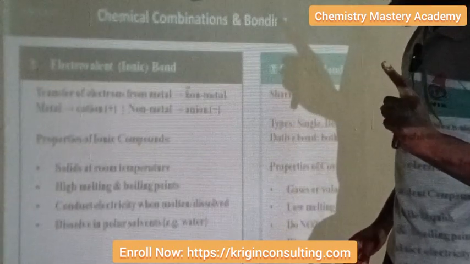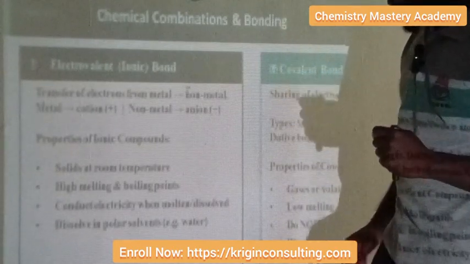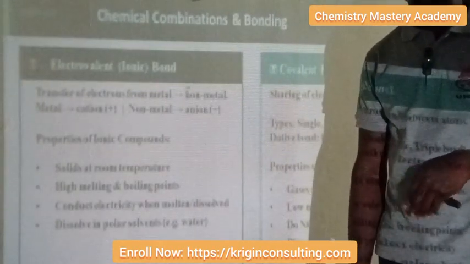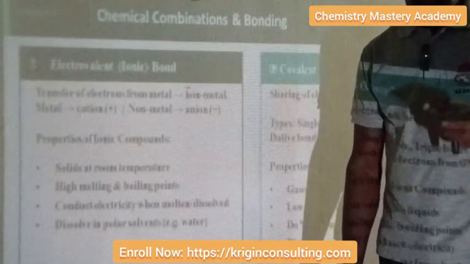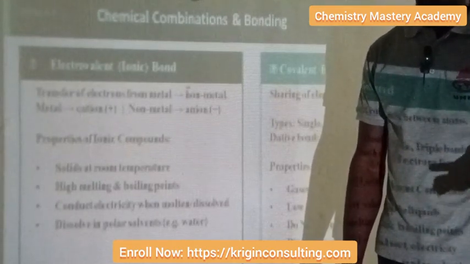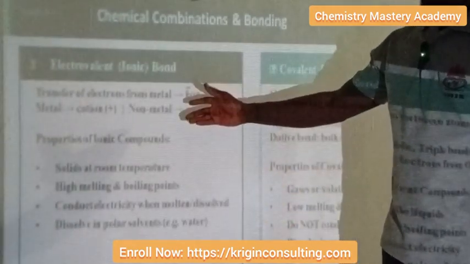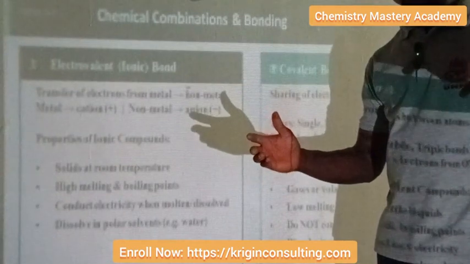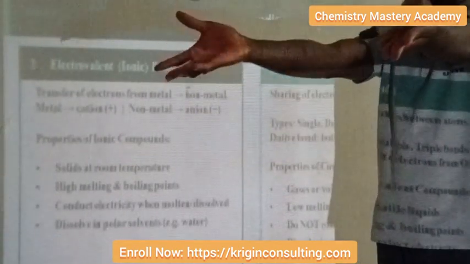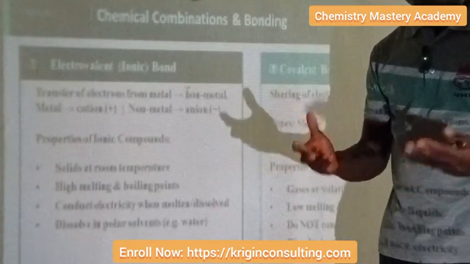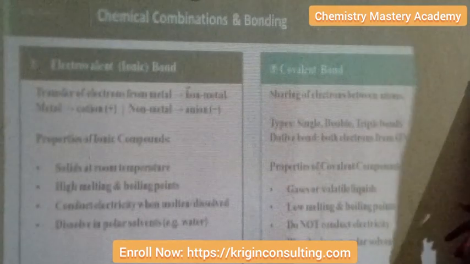Then another property of ionic compound is that it dissolves in polar solvent. Example, water. Like your salt now, it can dissolve in water, is it not so? So, ionic compounds, any compound that you have an element transferring its electrons to another element, dissolves in polar solvents. Example, water. Now, having said that, let's move over to covalent